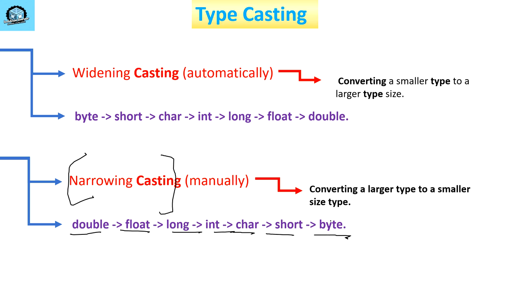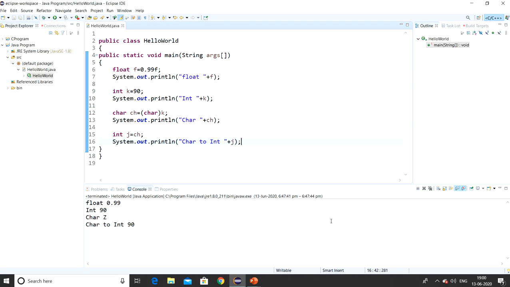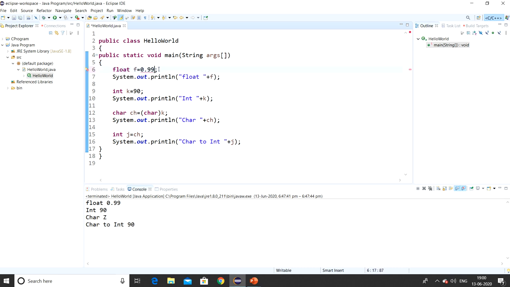Now let us see an example in Eclipse so that you will be clearer about this. First we see float f equals. Suppose I'm not writing f here, it will give an error.